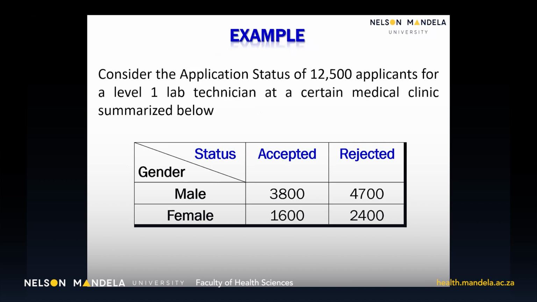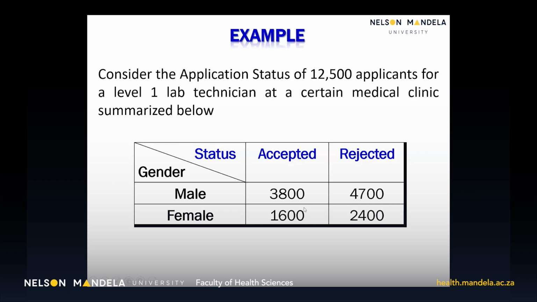So for example, if you're looking at the application of 12,500 applicants who are applying for, let's say, a level 1 lab technician at a certain medical clinic. So this is good information that we, the readers, need to see. We don't need to see the application result of each and every individual applicant. You are breaking confidentiality. So you can give us the information, summarize your data in this format, which